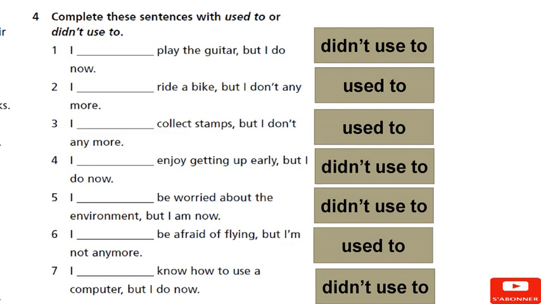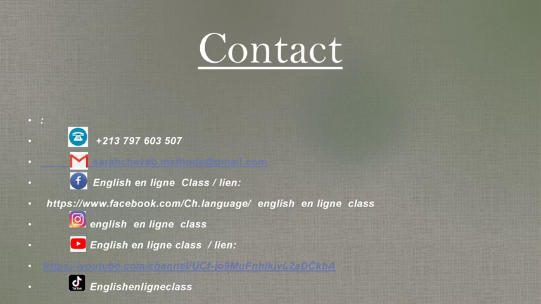Lesson 2. As you can see in this sequence we are talking about past events. We are talking in this unit about the past, how life was in the past. So in this lesson we're going to tackle the expression used to. So lesson objectives. First, to talk about habits in the past. Habits means